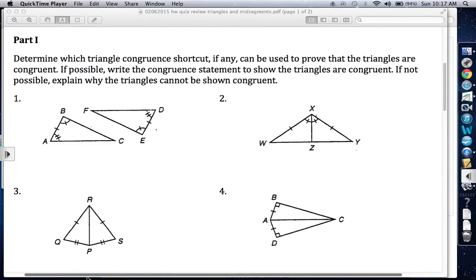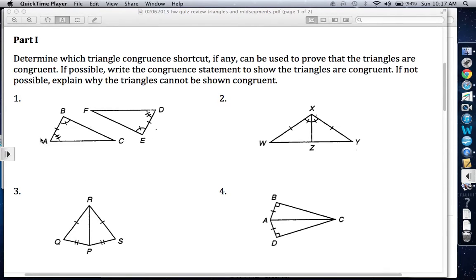Okay guys, this is the first video for the quiz review on triangle congruence, all that ASA, SSS stuff. And then also those mid segments, those midpoints from last week. In question one, we have to determine which of these pairs of triangles form congruent